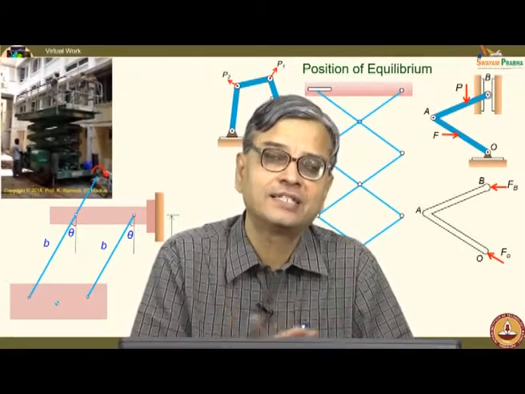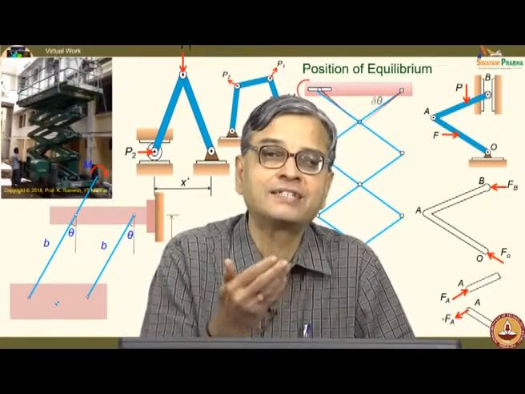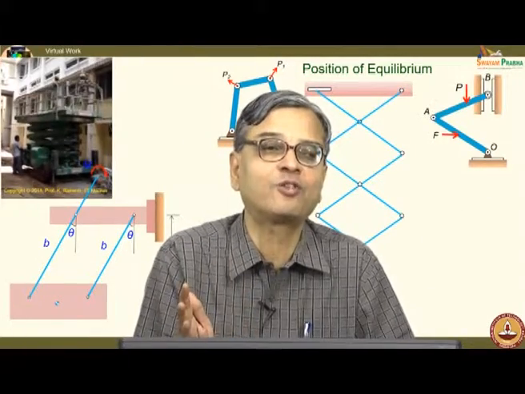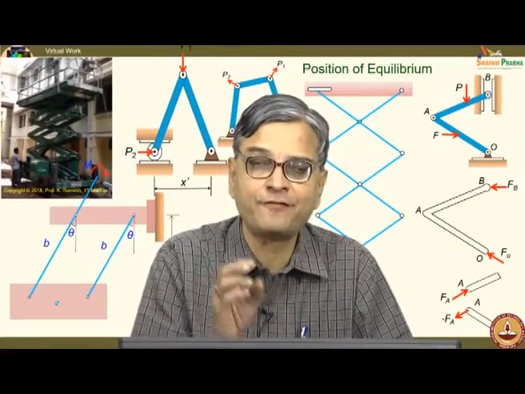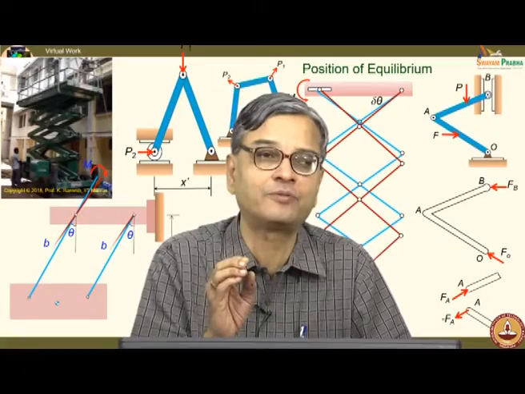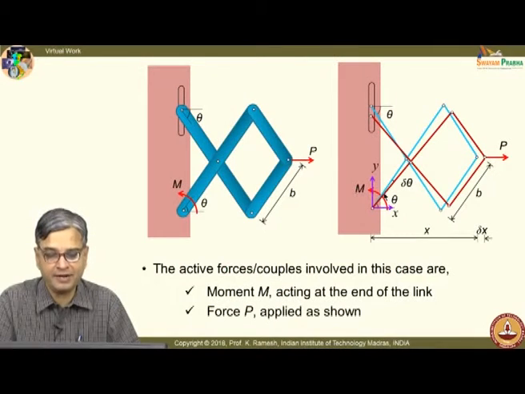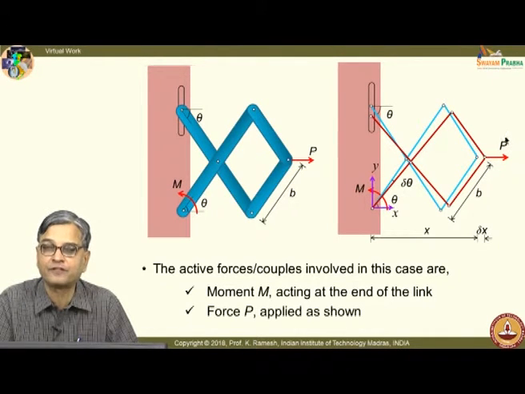When you differentiate, in some cases you may get a positive value, in some cases you may get a negative value. If the problem is posed in such a manner that a negative value is acceptable and then you get the right answer, you may get satisfied that you have solved the problem correctly, but you will not have got the concepts clearly. On the other hand, if you investigate the sign of the virtual work, there is very small likelihood for you to make a mistake. So, the recommendation is investigate the product. Do not investigate independently the sign convention for the force and independently the sign convention for virtual displacement.